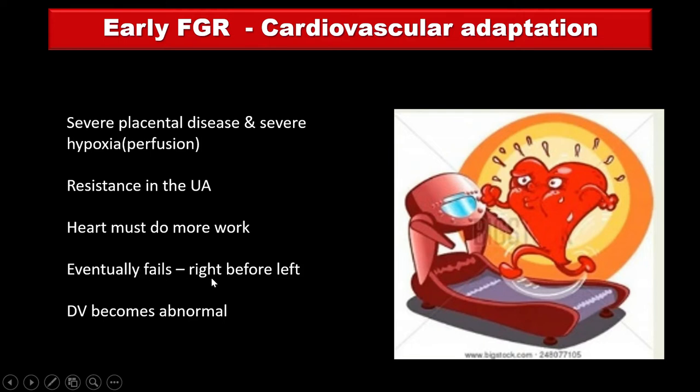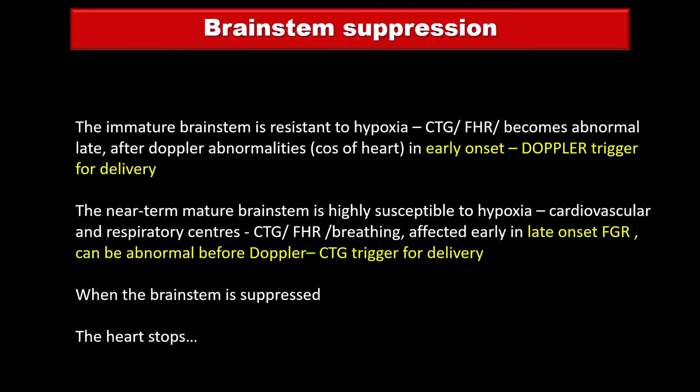The right heart fails before the left because the cardiac output of the right heart is dependent on the resistance of the placenta, and we will see this as we go by. And the ductus venosus becomes abnormal because the ductus drains into the right heart and therefore bears the brunt of the right heart. The brainstem. The immature brainstem in early onset FGR is resistant to hypoxia, and therefore